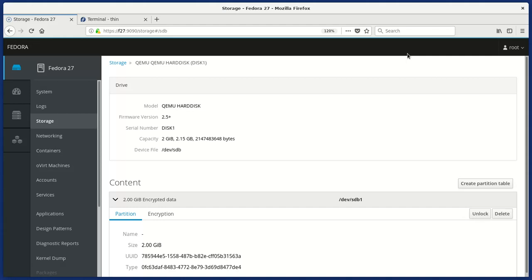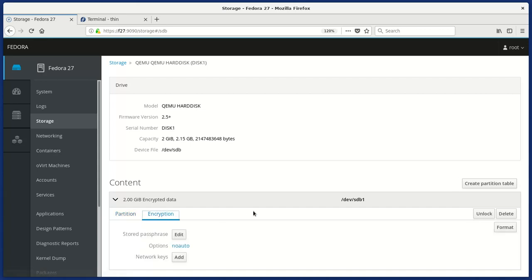Hello, this is another demo about network-bound disk encryption, NBDE, and Cockpit. This is the third, but I'll pretend the first two do not exist, so I start from the beginning. If you have an encrypted partition or disk on your system, there's now a new row here labeled network keys,